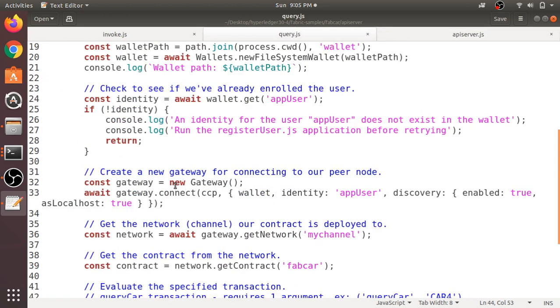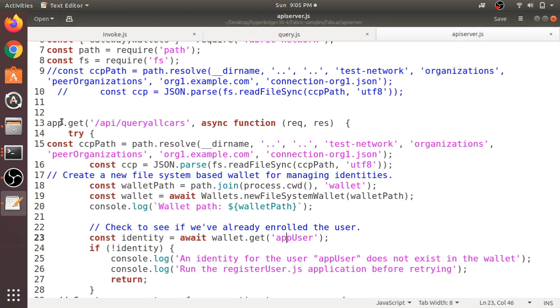And invoke.js also contains that code. So here I actually created four functions, and each function calls one of the chaincode functions. Here you can see an API created which is a GET request.